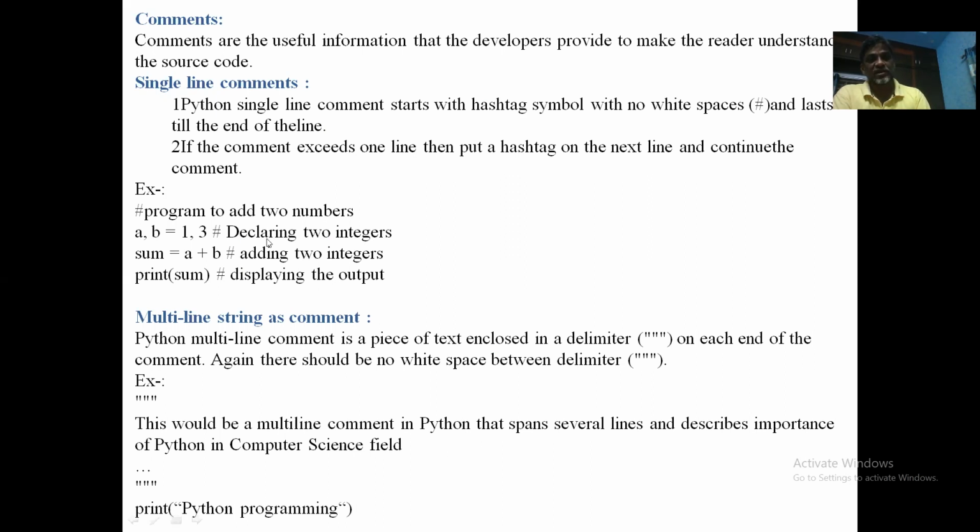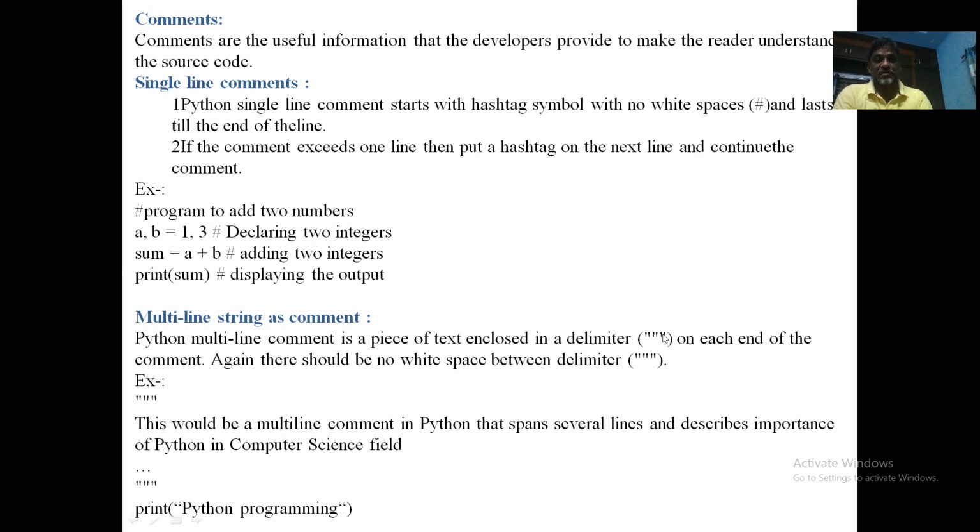Like this, you can write the description for every complicated statement in your Python program for improving the understandability of the readers. So that is the reason why comments are used for proper documentation purposes, to increase the readability. And multi-line strings are written with the help of this special delimiter with 3 double quotes, which are also called triple quotes, like this.